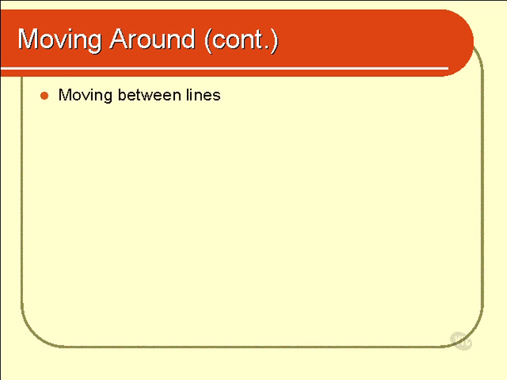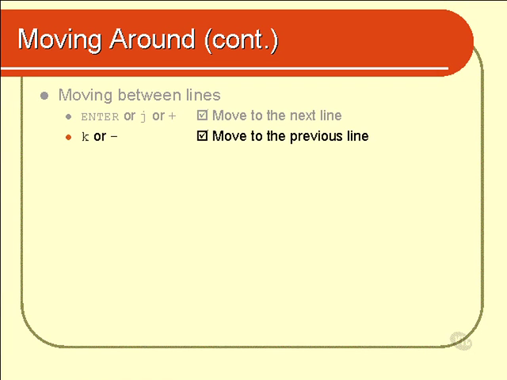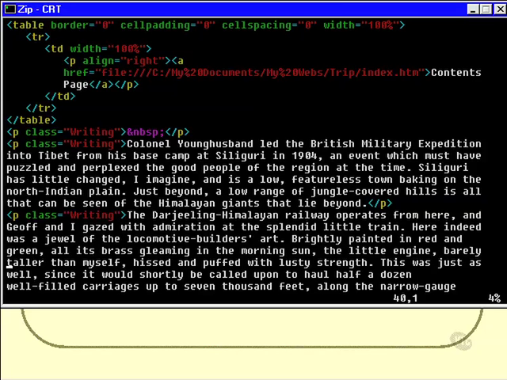Now, to move between lines, we can start with the following. The Enter key, or J, or the plus sign will move me to the next line. You can try and use the down arrow too, and it may or may not work. Now I'm going to use the Enter key 1, 2, 3 times. I'm going to use J 1, 2, 3, and I'll use plus 1, 2, 3, and all of those, as you can see, work. You can use K or minus to go back to the previous line. And I'll use minus 1, 2, 3, or K 1, 2, 3,